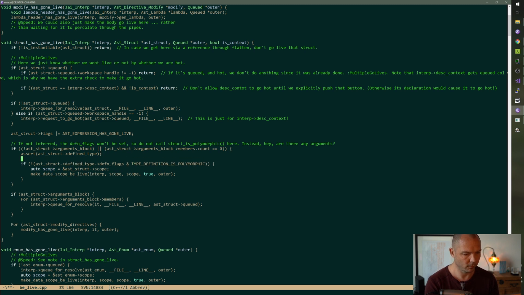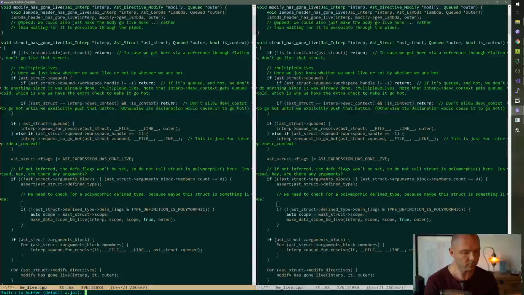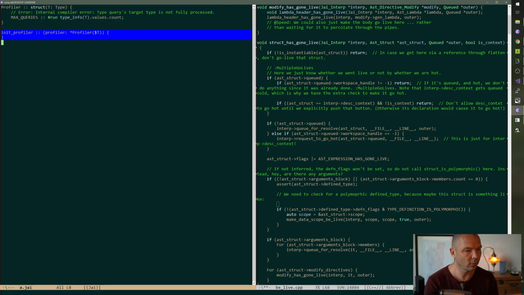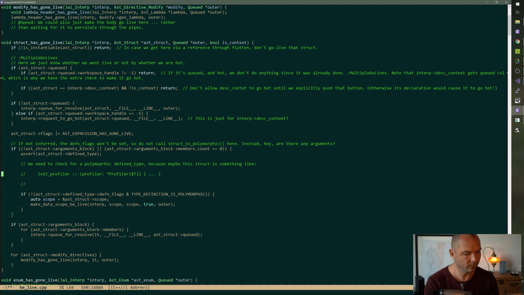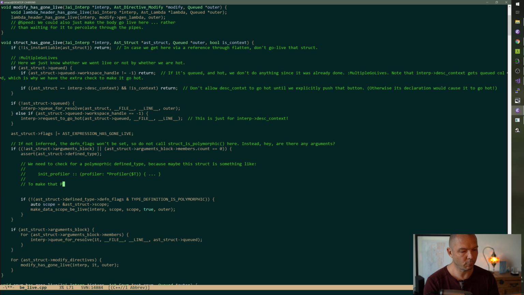Okay. We need to check for a polymorphic defined type because maybe this struct is something like... yeah, let's go here and just put this. To make that profiler of $t, we still polymorph a struct and put $t into,